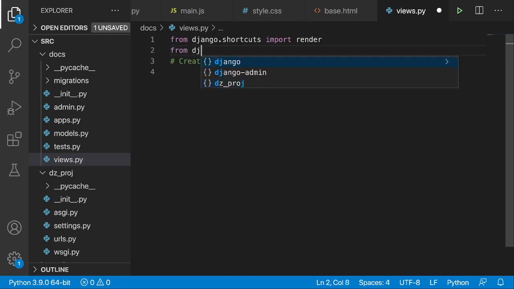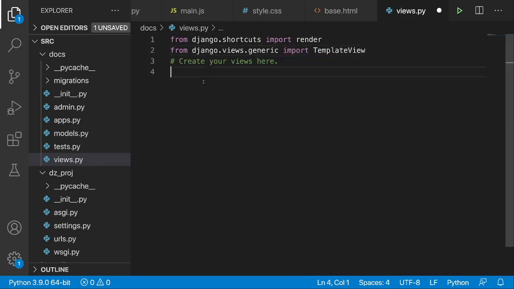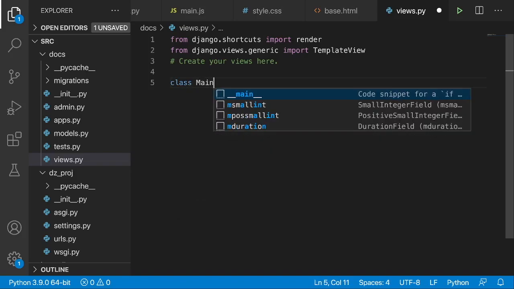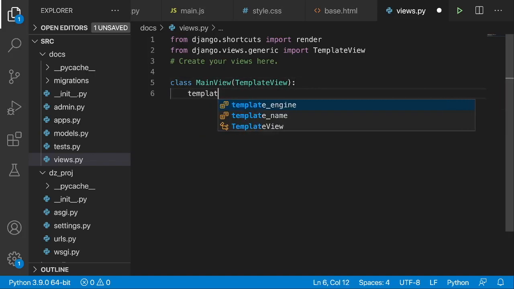So from django.views.generic, we just want to import TemplateView, and we can use it right away. So we are going to create a class, maybe let's call it MainView, and it will inherit from TemplateView, and the template name, let's just call it